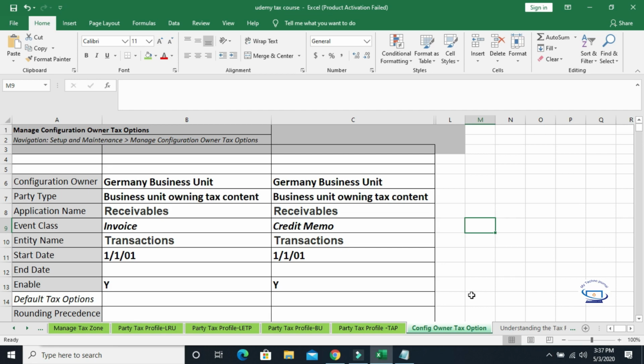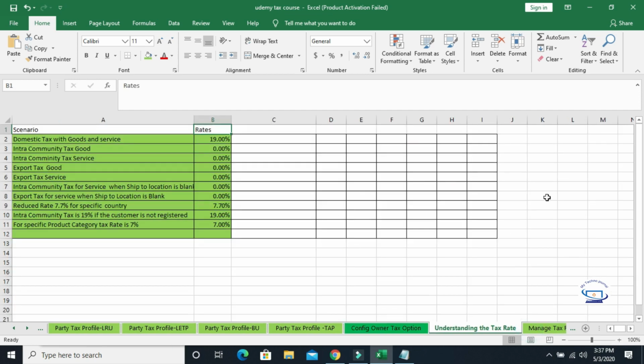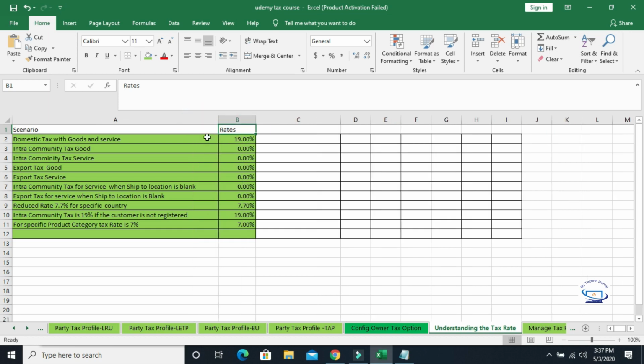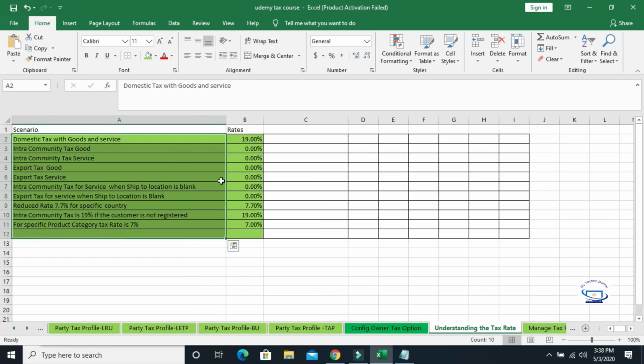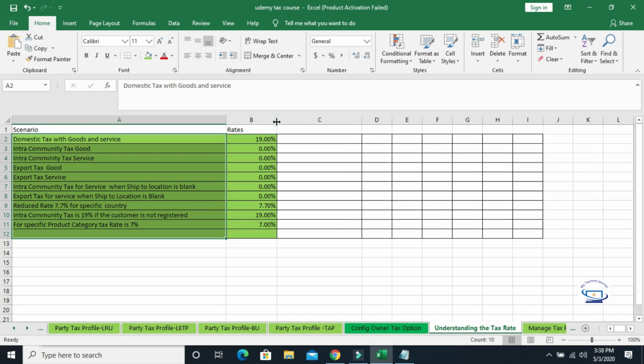Okay. So here, what do you mean by understanding the tax rate? Because when you are going to gather the requirement for a tax setup from a business which belongs to a specific country, you need to understand what kind of rates are applicable for that tax regime. Okay. So here I have captured the possible rates applicable under different scenarios for the Germany tax regime. So accordingly, you have to define our tax rates, and then we have to create tax rules to derive